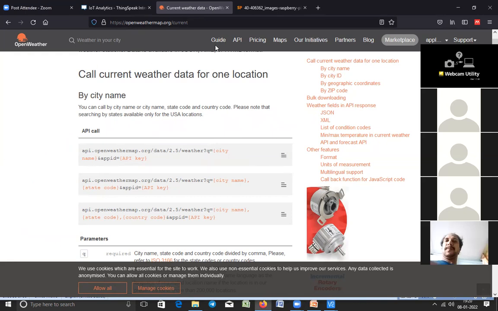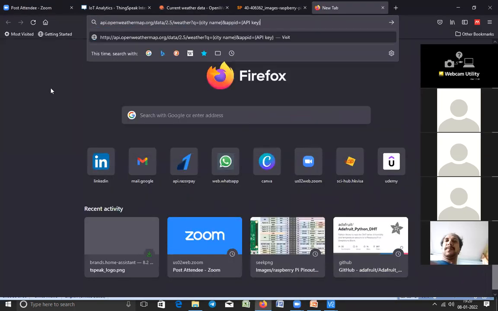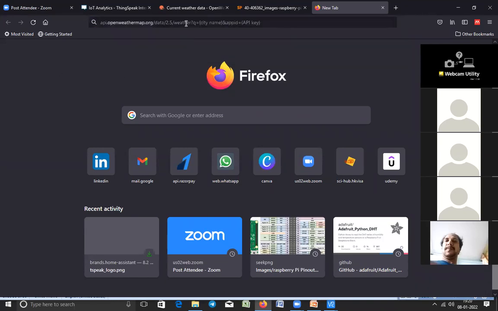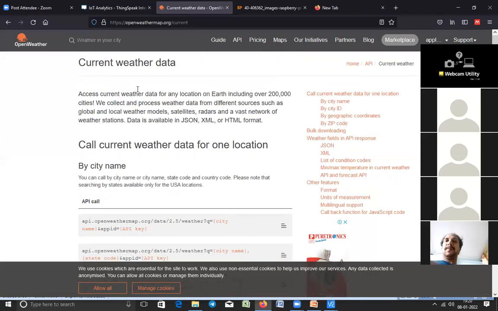Now after copying, the next step: go to a new tab and paste here. I'm going to use this browser. I already told you, this is my Mozilla Firefox browser. I'll be using this Firefox browser to make the request. I'm going to make an HTTP request through the browser, because a browser is an HTTP client, so I can make a request to the server. Now here we have to make two changes. One is the city name, another one is the appid. Here you have to provide an API key. So copy this API key here. Go to API key, my API key.